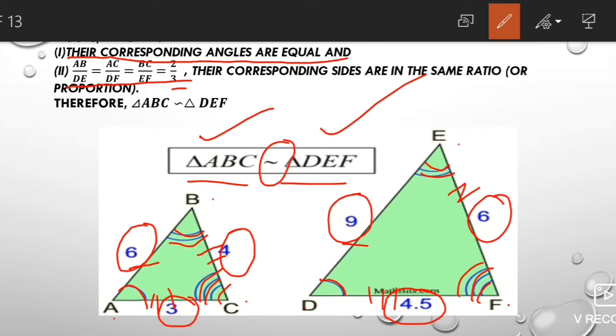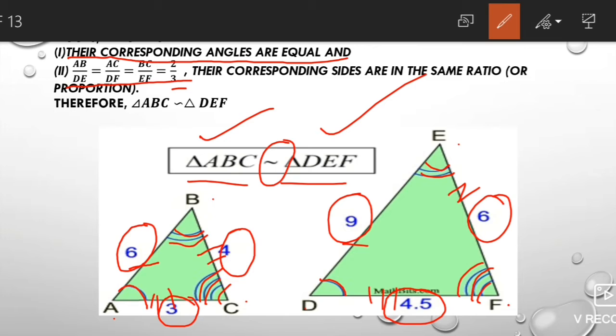Suppose I am considering an equilateral triangle with side 6 cm, and another equilateral triangle of side 9 cm. The corresponding angles have to be the same, because for an equilateral triangle three sides are equal, and the three angles are equal, that is 60 degrees. So corresponding angles are equal, and the ratio of corresponding sides will be 6/9, that is 2:3. So you can say that any two equilateral triangles are similar to each other.